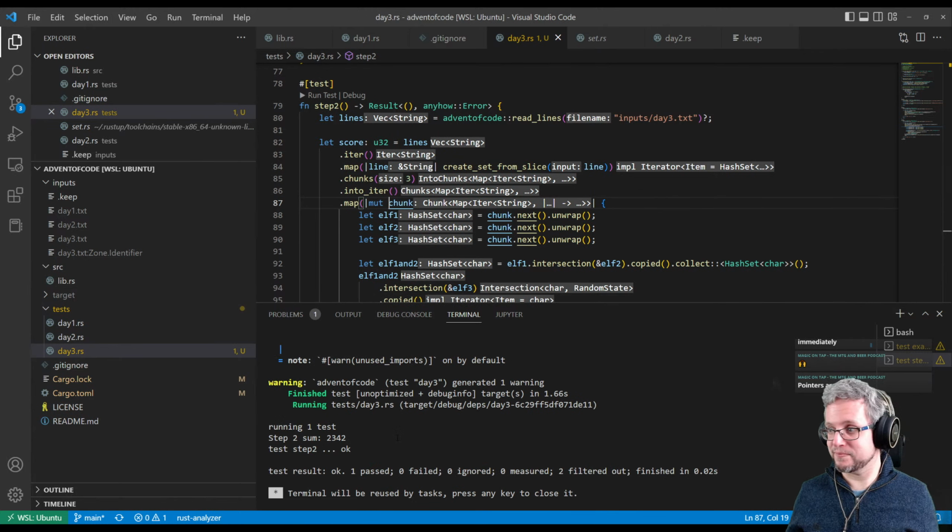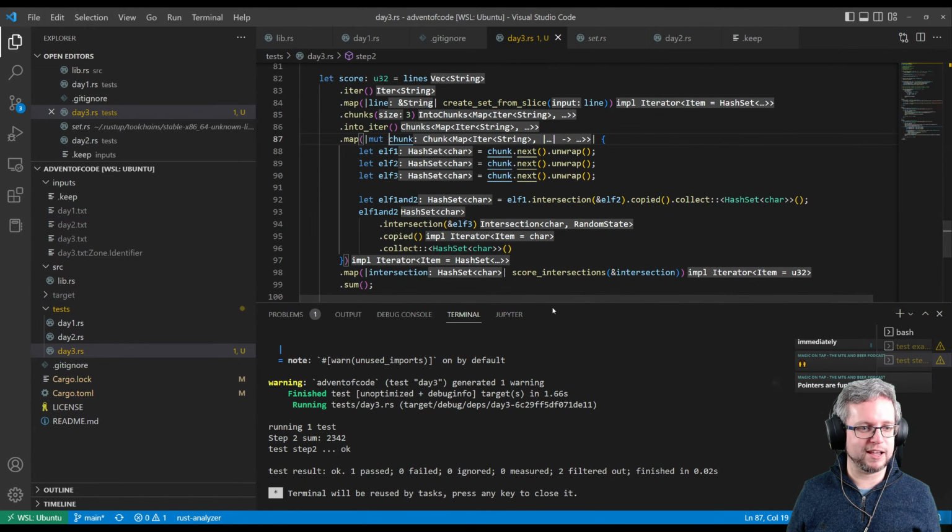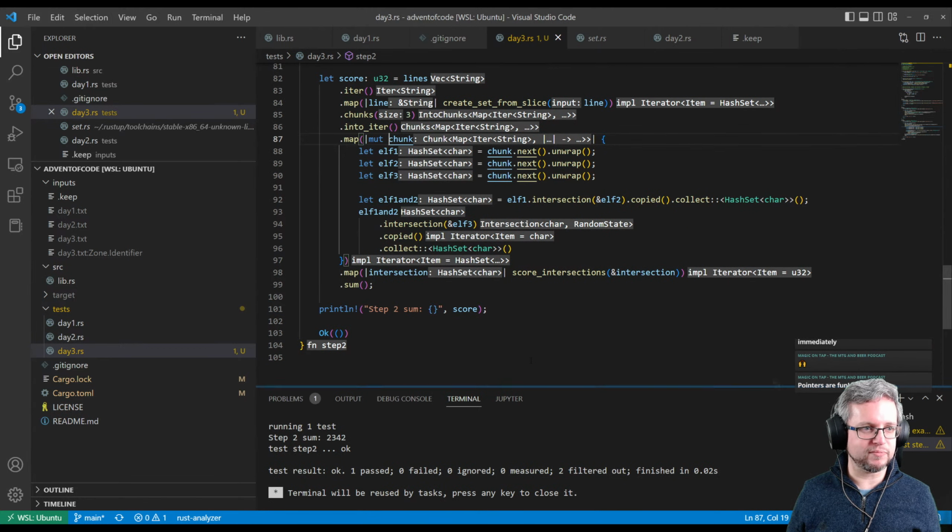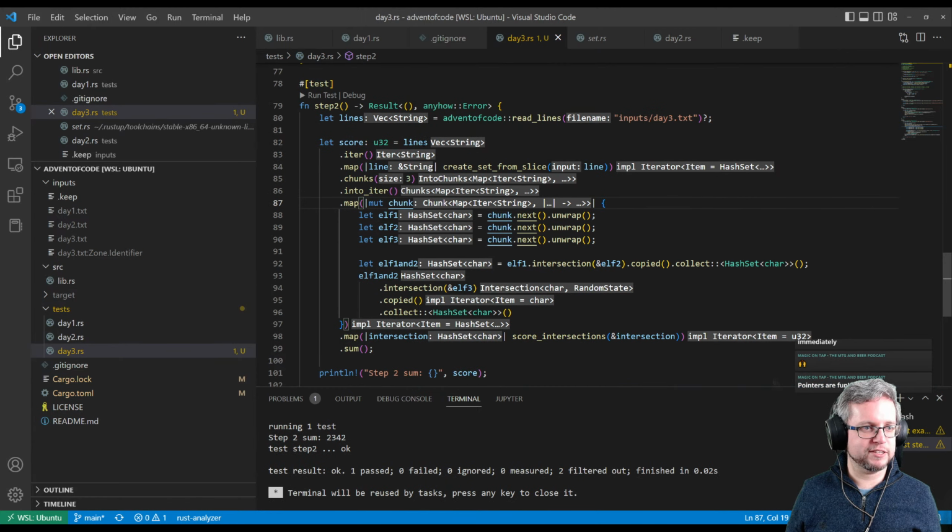We have a sum. Is it the right sum? We do not know. So let's explain what our code is doing at this point. We start by saying lines, which is a type of vector string. We're going to iterate over those. We're going to create an iterator, which is just a